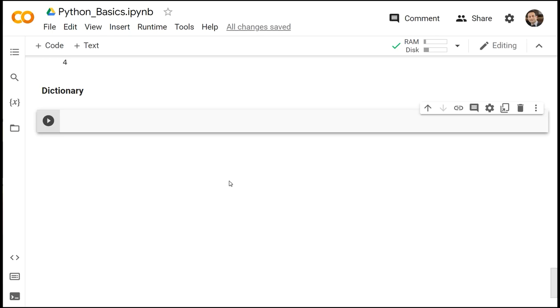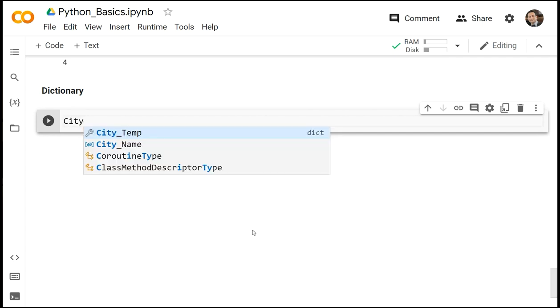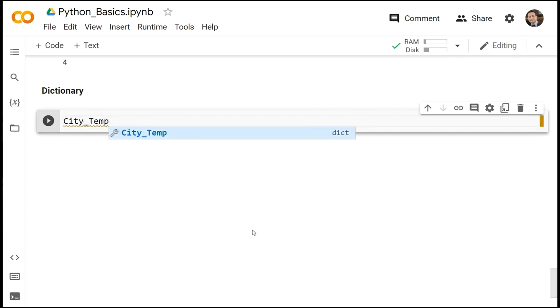All right, dictionary. So a dictionary is another data type, just like list that we discussed, that contains sets of keys and values. So let me explain this with an example. So let's create a dictionary named city_temperature that contains the average temperature of different cities. So first of all, to create a dictionary, instead of bracket that we used for creating a list, we use a set of